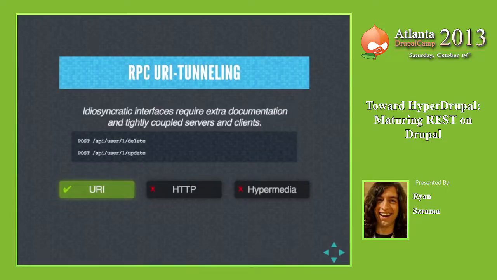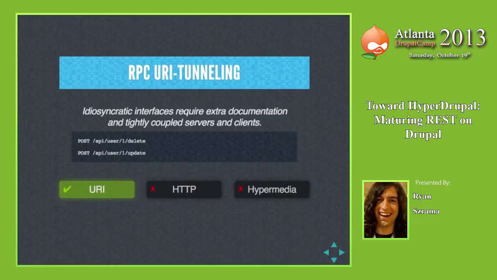If you had an API that said if you send a post request to this URL, it will delete a user. If you send a post request to this URL, it will update a user. If you send a post request to this URL, it will add a new client record, whatever else. That kind of an API is probably pretty familiar to you. And typically these are just using gets and posts, and then they're specifying exactly what URIs you should be using whenever you're writing your client application.